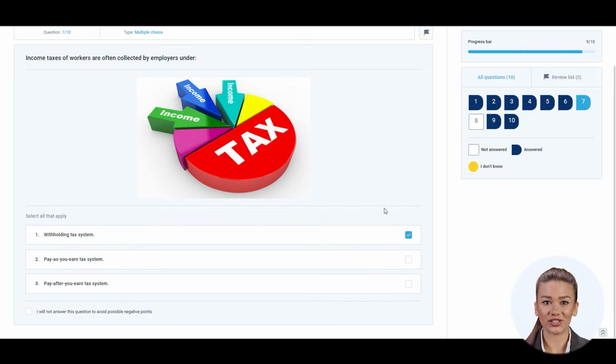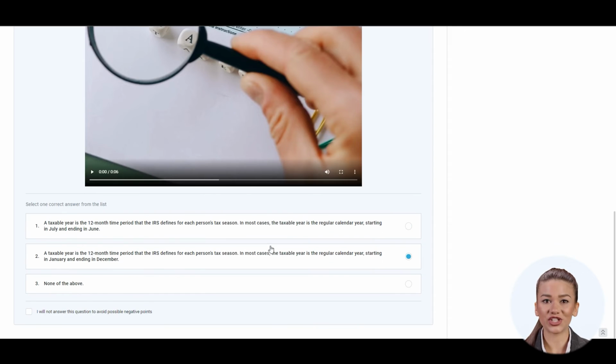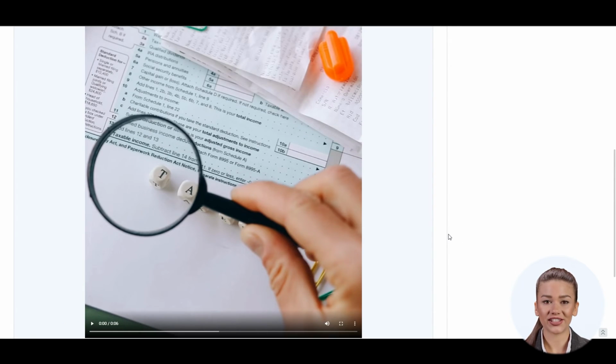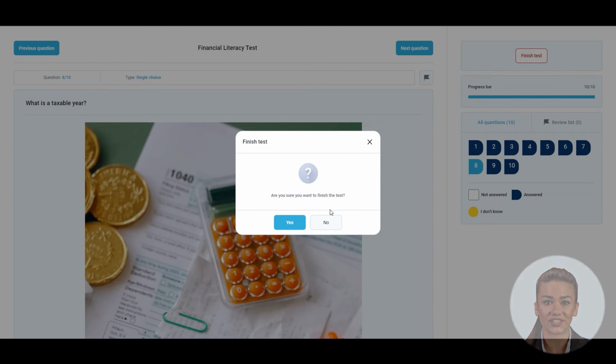Note that all answers are saved as submitted, but the candidate can navigate between questions, change selected answers, and resubmit. When finished with modification, a candidate should click the Finish Test button,